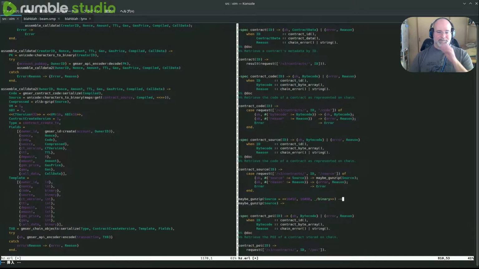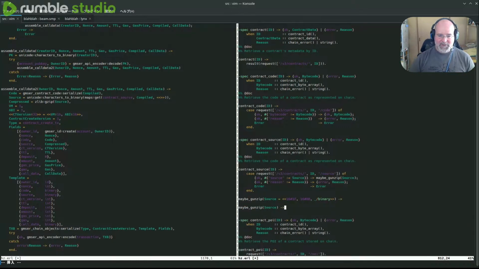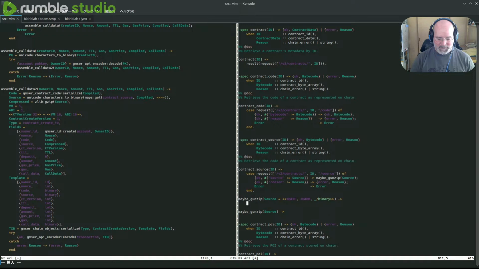In this case, in Erlang, we can do multiple clauses here. In this case, we're going to try zlib gunzip source. And if that fails,